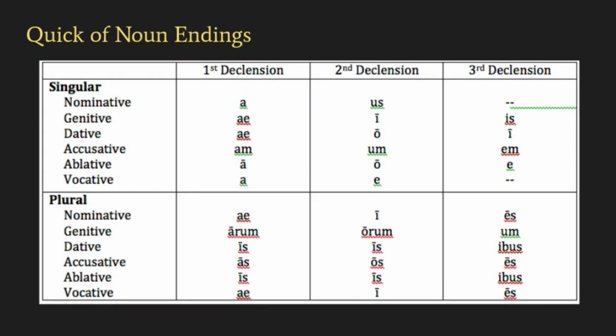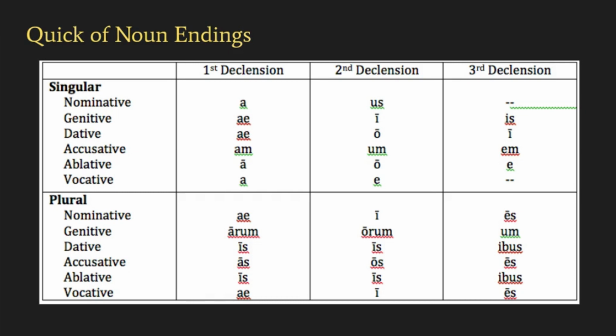But if we put everything together, this is our chart of noun endings. And again, the thing you want to remember is every noun belongs to one group. We call them declensions. The way you know what that noun belongs to is by looking at the genitive singular ending. In a dictionary, any Latin dictionary, it's going to give you a couple of pieces of information. The first piece they give you is the nominative singular. The second piece is the genitive singular. And the reason we give you that is because the genitive singular is unique for each group.